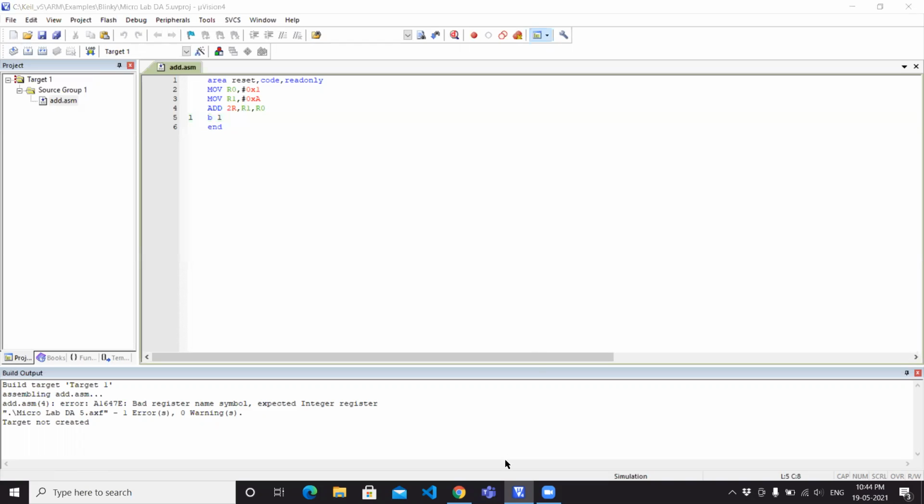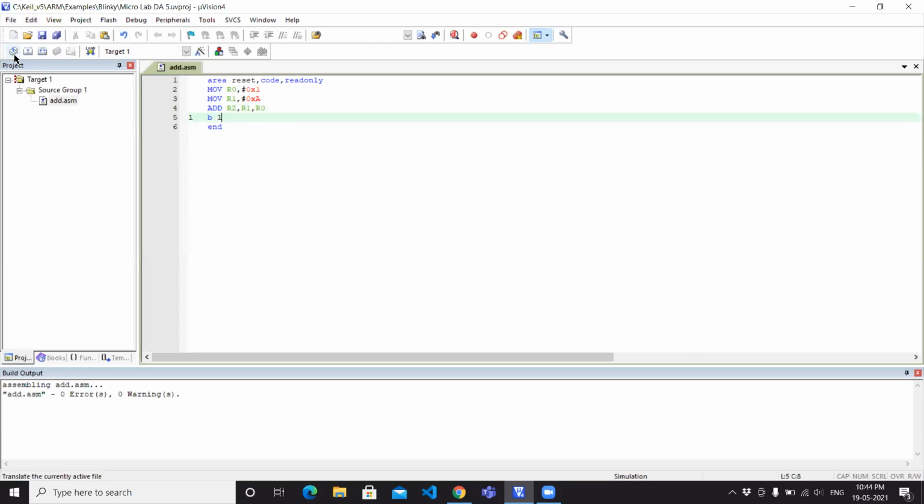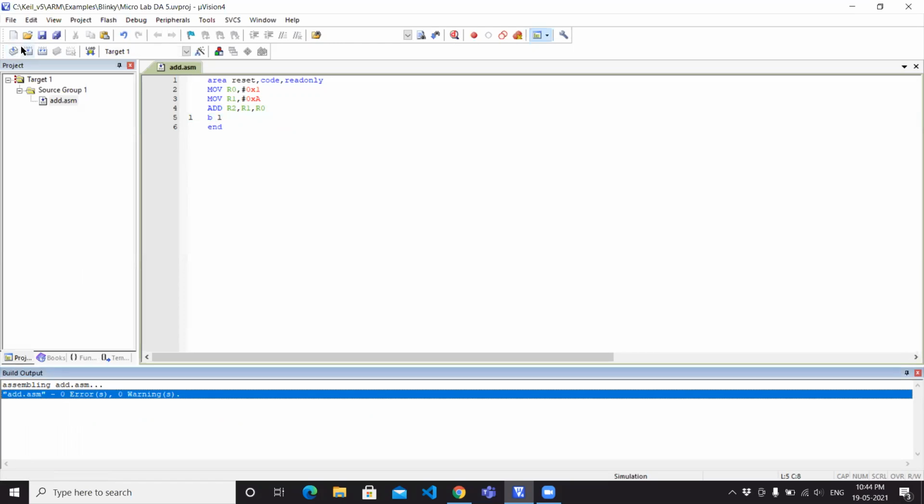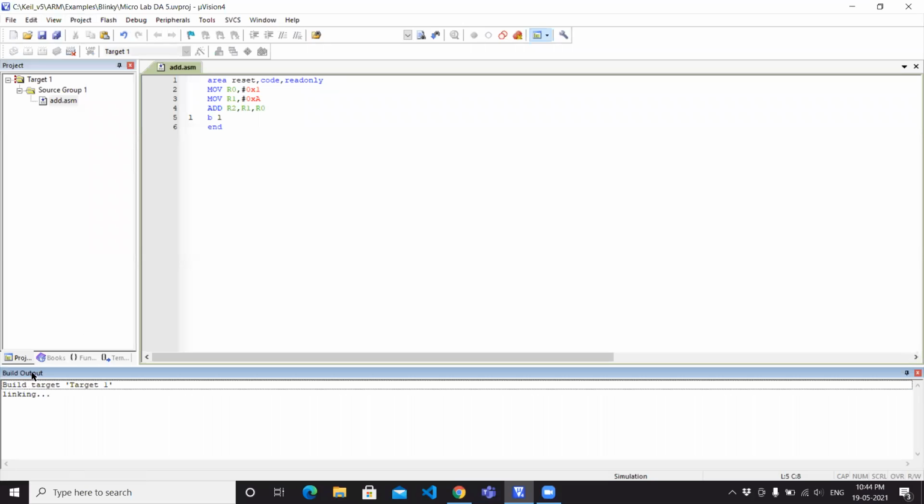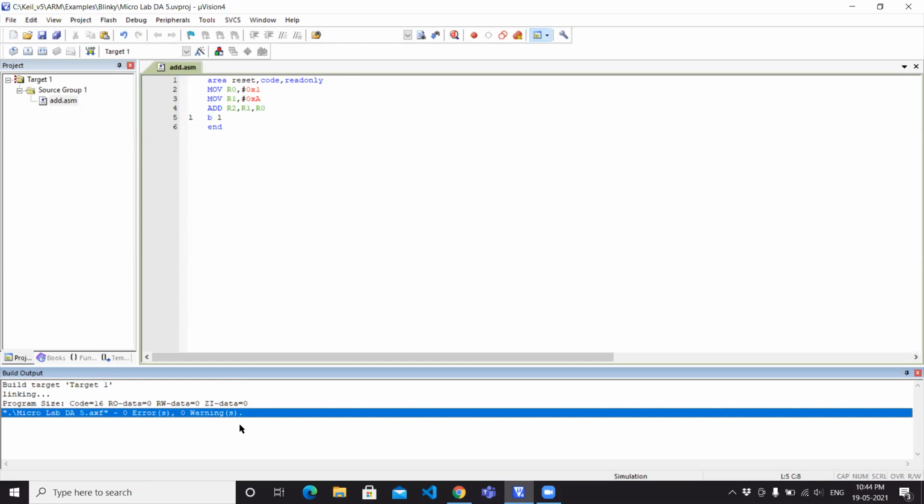It should be add R2, not 2R. So there is some mistake. We'll first translate it and then build it. First we translate, and zero warning is coming, and now we can build the target, zero warning and zero error. So we can start debugging.